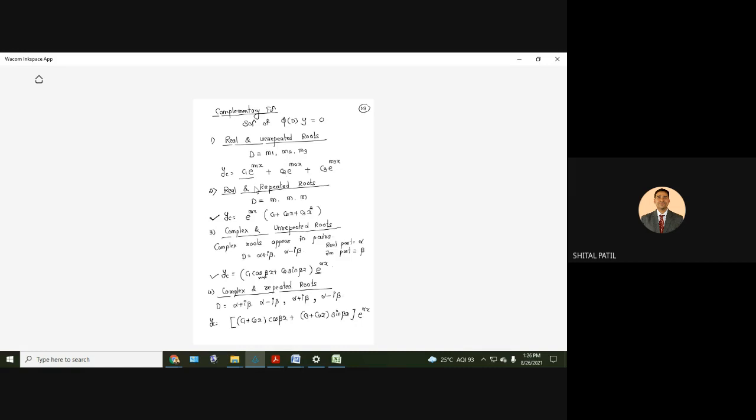Okay, so formula number 4, C1 plus C2x, then cos beta x, right? C3 plus C4x, then sin beta x, and then real part e raised to alpha x. For all the four roots, real part is same, alpha. So e raised to alpha x. Clear? Okay. See, now understand.